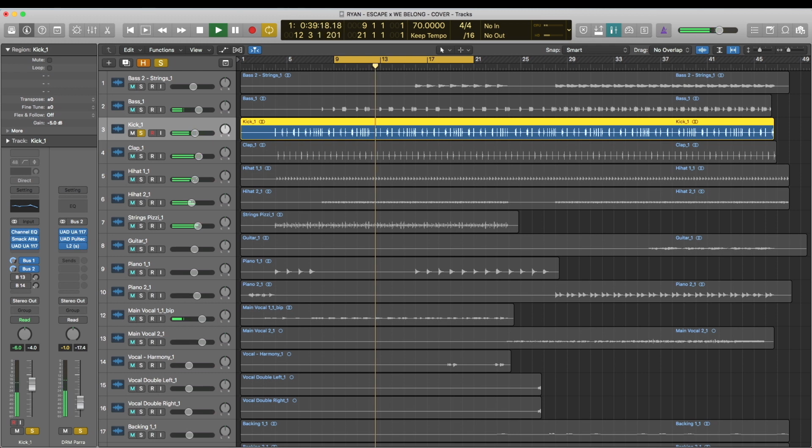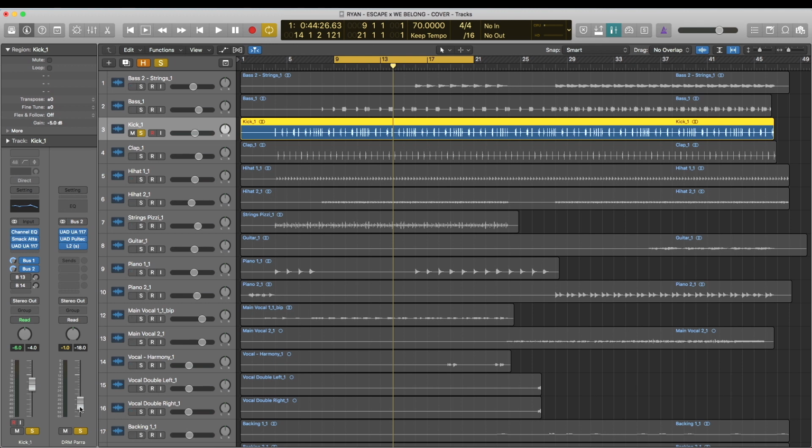Let me raise the volume up a bit more. You notice with this parallel compression and the EQ that I've added, it's actually helping this kick become big and